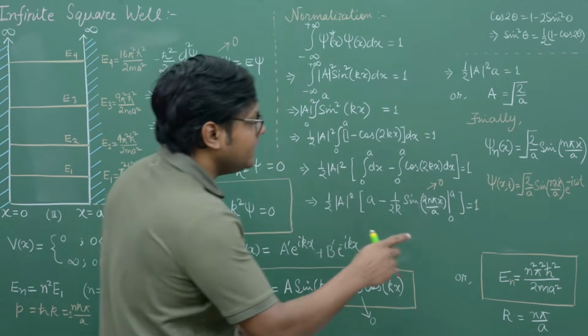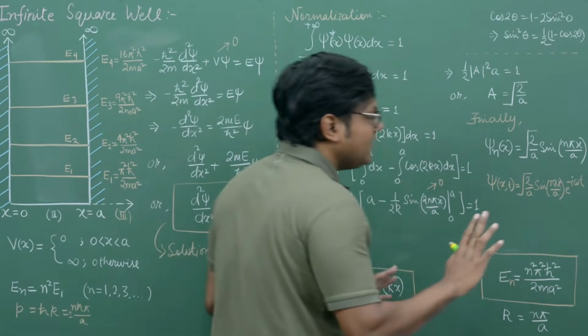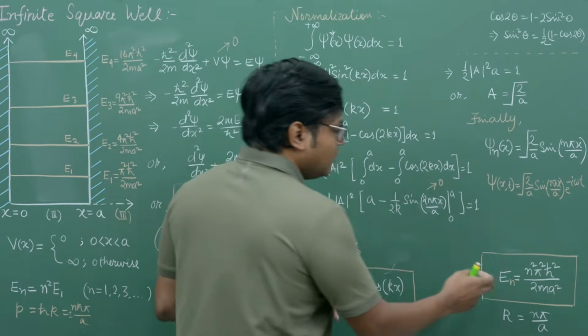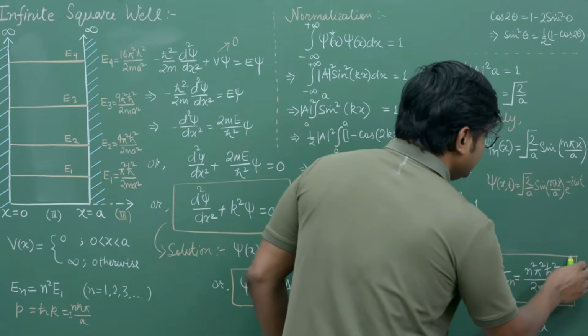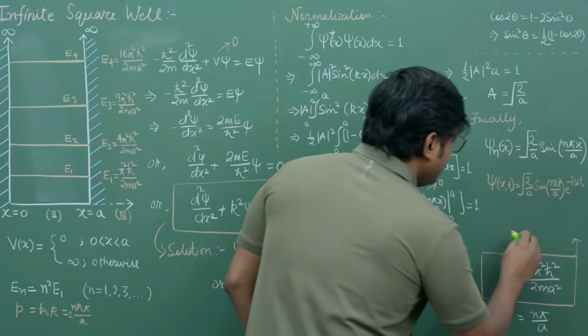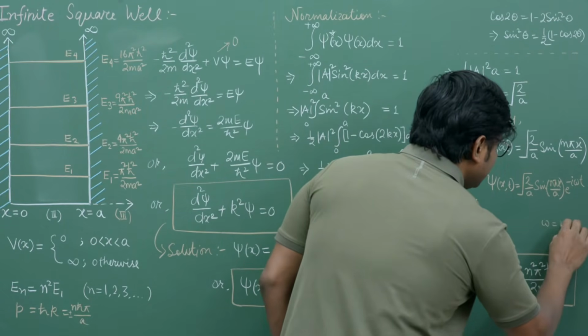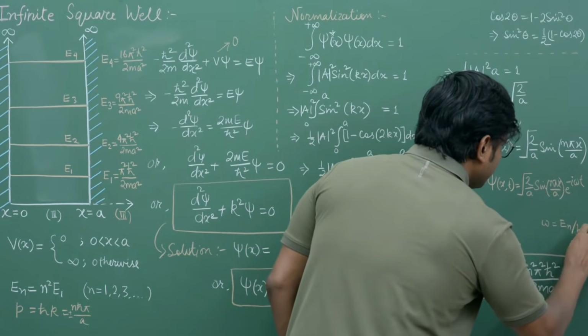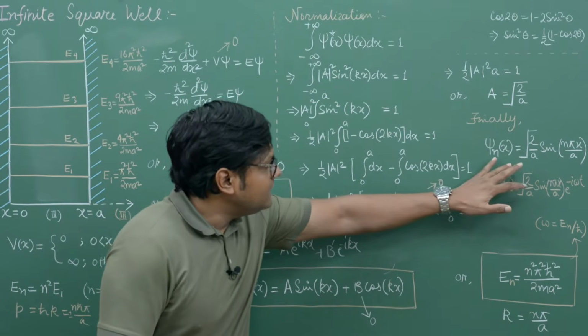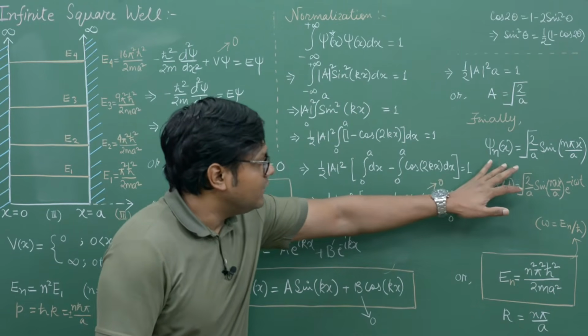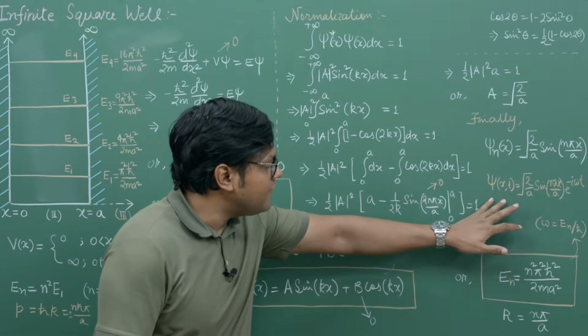Now, of course, omega here can be written in terms of energy. Omega is equal to E upon h cross, where E is this. So you can write it here also. You can apply E in this particular expression because omega actually is En upon h cross. All right, I'll just keep it here. So these are the eigenfunction solutions of the infinite square well problem,